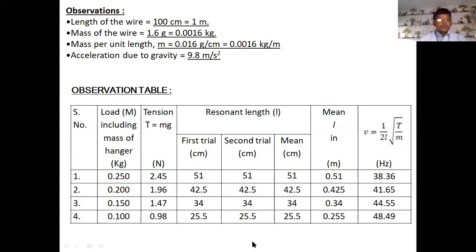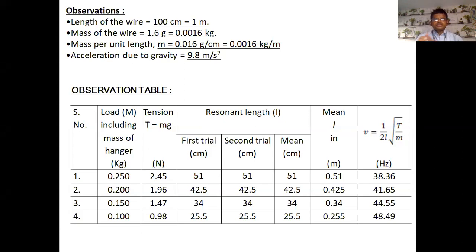So how is it possible? We show the table again. So 51, because the first point is 80 and the second point 29. So 80 minus 29 is 51, the first trial. Now the second trial is not required, directly write the answer, directly copy. So definitely the average, the mean, should be 51. Now this 51 is in centimeter, but we convert the answer to meter. So 51 by 100, we got the answer 0.51 in meter.